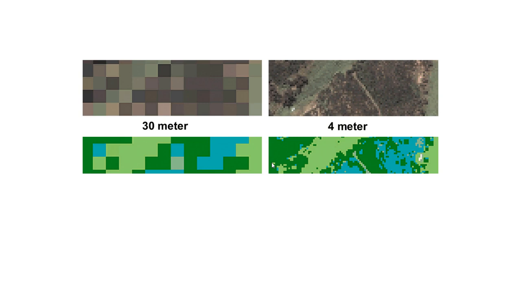And this spatial resolution really reflects what's happening in terms of ground coverage or ground measurement. So if we have a 4-meter cell size in our file, that's really measuring 4 meters on the Earth, and we can see the difference every 4 meters from one pixel to another pixel. Whereas with a 30-meter resolution, we have to walk 30 meters across a pixel on the ground to get to the